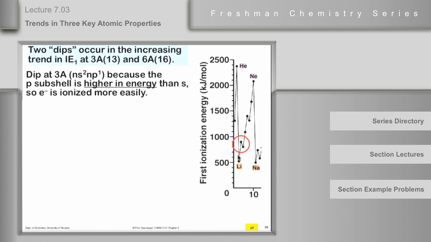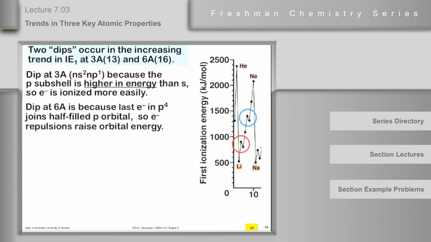So this is filling S1, S2, and this is S2P1, and the S2P1 takes less energy to remove the electron than S2. The next dip is between